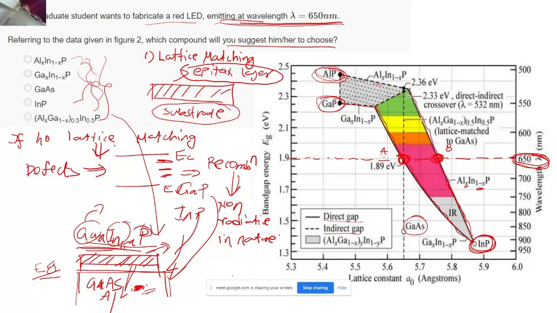You don't want the defects to happen, because you are trying to fabricate an LED. You are not trying to develop just a normal PN junction diode, right? You don't want any defects to be present. So if you don't want any defects to be present, then the lattice constants of these two should match with respect to each other. This is what Sir must have told you in the lecture also, right? So now the lattice constant should be very close if they are not aligning exactly. So how are we going to reach this point?